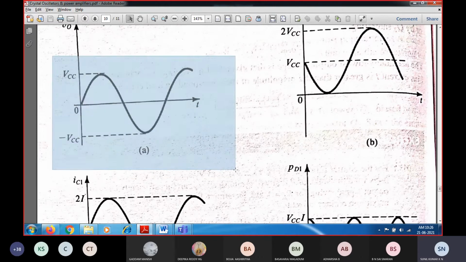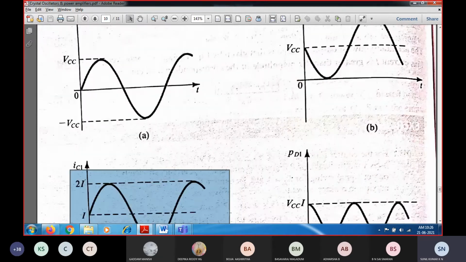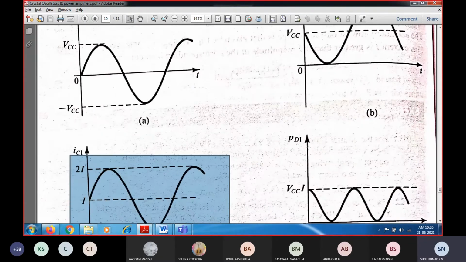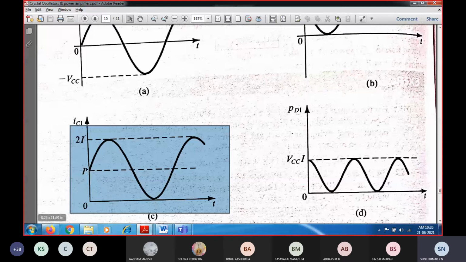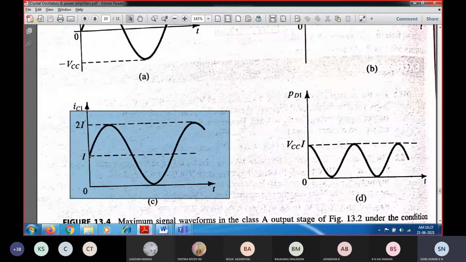Similarly, this is the output voltage. Similarly, the current IC1 is also going to be calculated. For a given quiescent point, since it is selected exactly at the center, the current will not be starting at 0. Even if the input voltage is 0, there will be current flowing because of the power supply. For that we will be getting ICQ as the output.